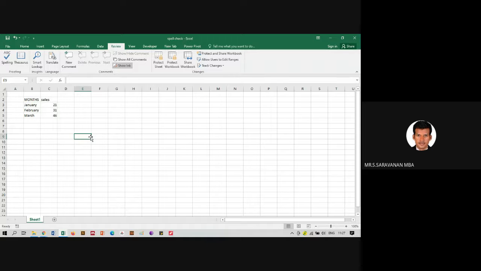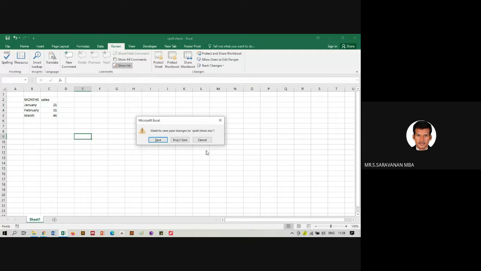See, this information will be corrected only for basic words. It will not be applicable to everything. If it is an Indian name, it will not correct it. If it is a US based name, it will correct it. An Indian based name, it will not know. For that, you have to update it in the dictionary. Then only it will change. So that is one disadvantage in spell check.